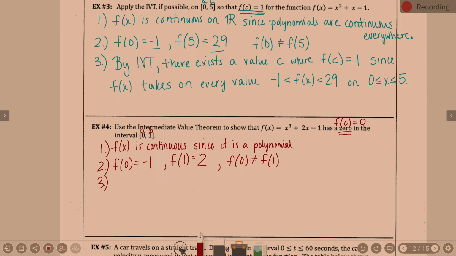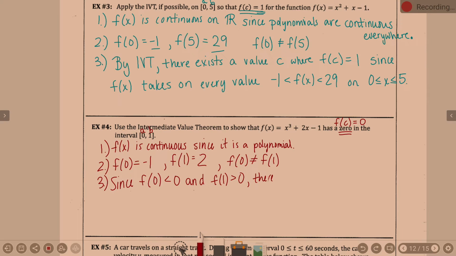Again, lots of different ways to write this, but since f of 0 is less than 0, and f of 1 is greater than 0,